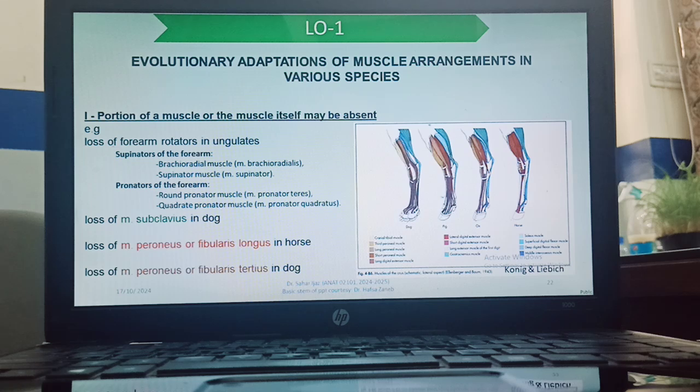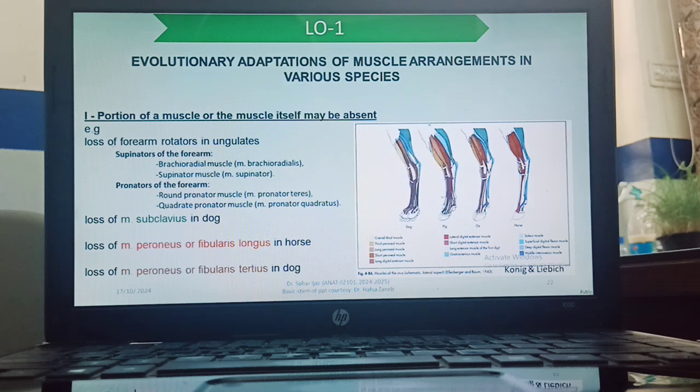Pronator quadratus is only present in dog because it is in the length of the radius and ulna where the articulation is happening and the two bones are held together and they move, but to give pronation. But the round pronator, which is pronator teres, this muscle is structurally and functionally both present in